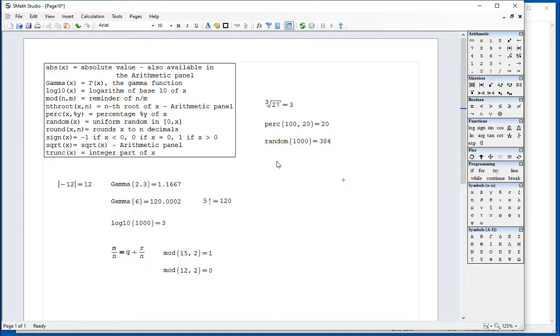If you type mod of 12(2), gives you 0, and then you can use it to find the remainder of two integers. The mod of the number 2 can be used in programming to determine if a number is odd, in which case the mod is equal to 1, or is even, in which case the mod is equal to 0. The n root, as I mentioned,